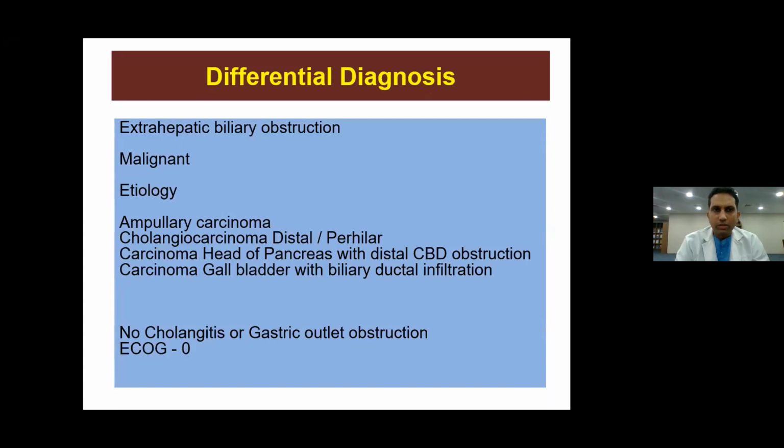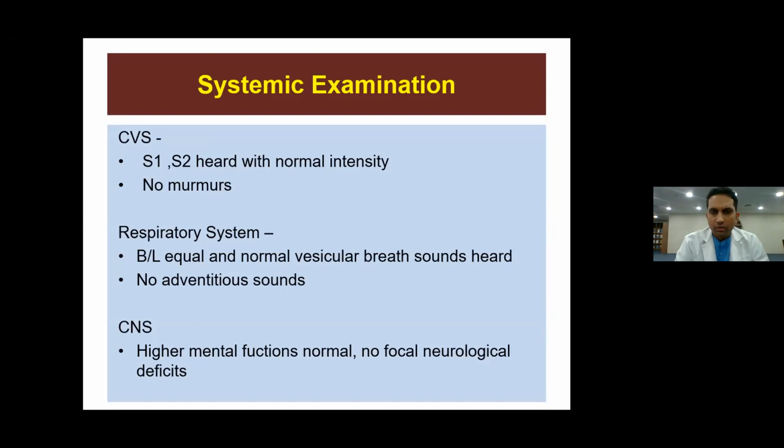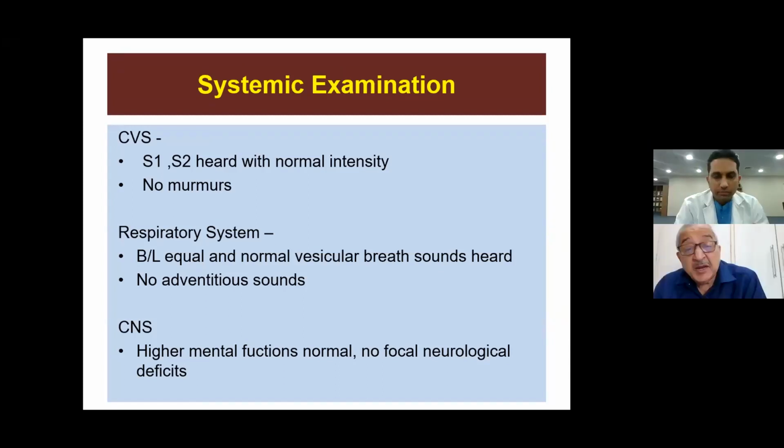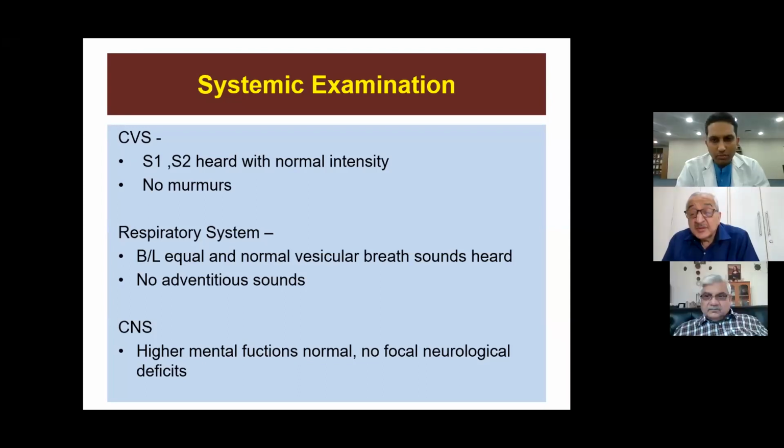So coming to the differential diagnosis. One minute. Basic questions, Adesh. Where do you measure the liver span? What is the normal liver span, and which study are you quoting for Indians? So we start measuring the normal liver span from the third or fourth intercostal space. Usually the dullness will start around the fifth intercostal space. The normal liver span is 9 to 12 centimeters. I am quoting a paper from PGI Chandigarh, sir,